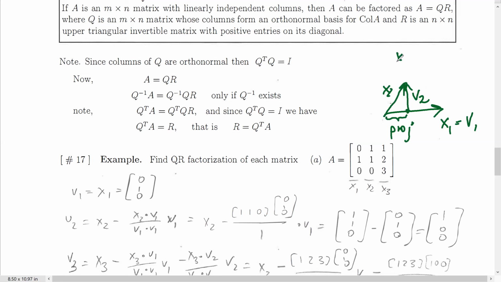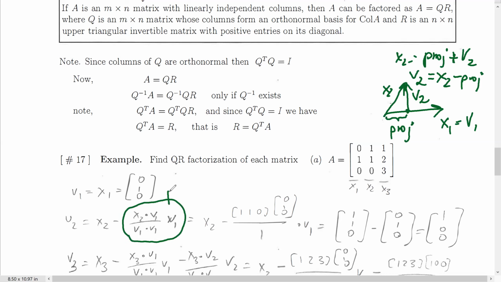I can write it down. x2 is my projection plus v2. So v2 is x2 minus projection. I'm repeating the Gram-Schmidt process. So this is my projection. So I have my x2 minus projection, right? So if you apply everything I'm just saying, we have x2 minus the projection of x2 onto v1, which